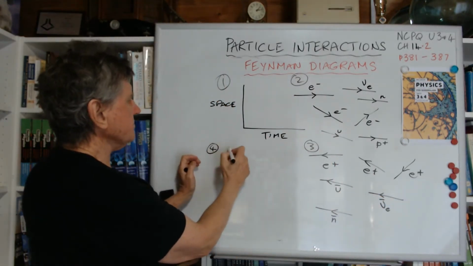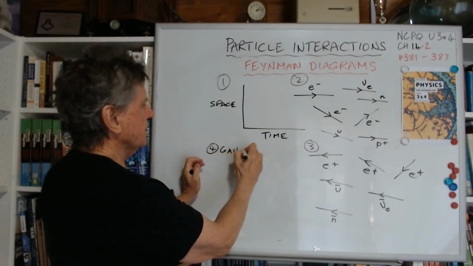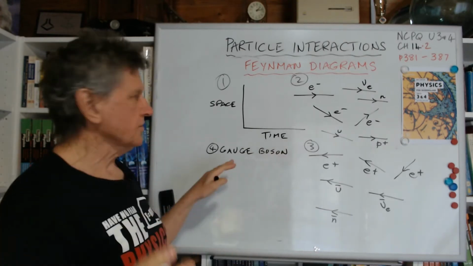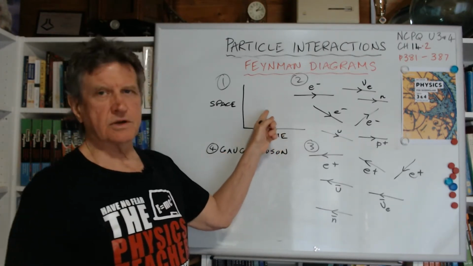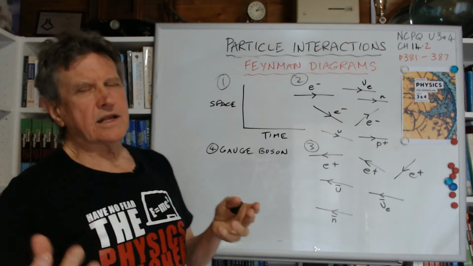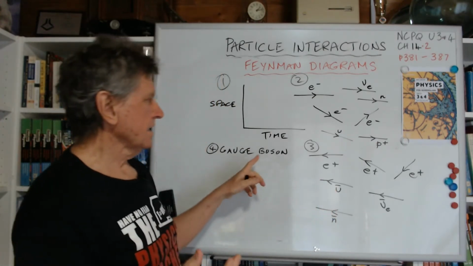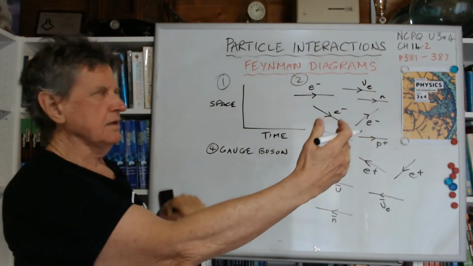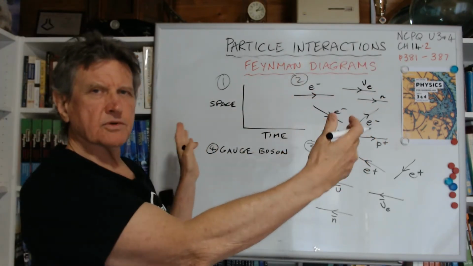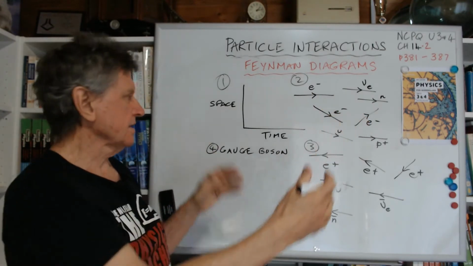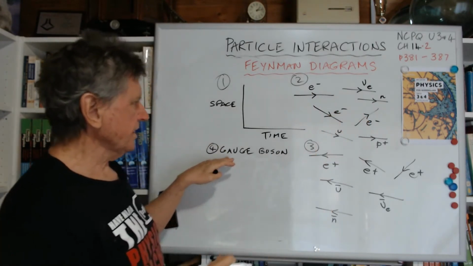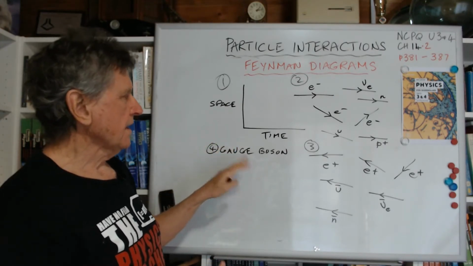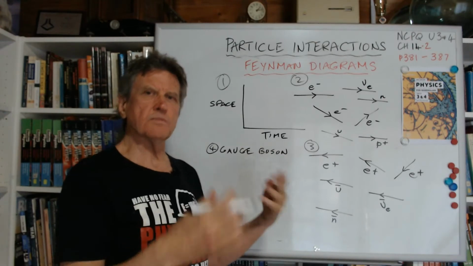4 is the gauge bosons. Now, you've got to be a little bit careful here. We're only talking about gauge bosons with these diagrams. I didn't make it clear in an earlier talk that elementary particles, I said they're bosons, and there's a group within them called gauge bosons, and I tried to explain that. But here in Feynman diagrams, we're only talking about gauge bosons, not what we could call composite particles